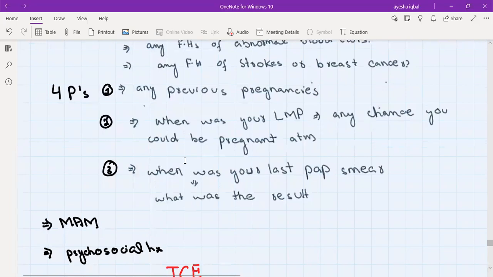And then we'll ask about when was your last pap smear and what was the result. This question is again really important because combined oral contraceptive pills slightly increase the chance of cervical cancer. So you need to know about this one as well. Then we will ask about